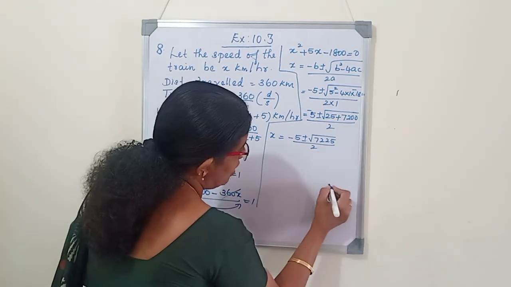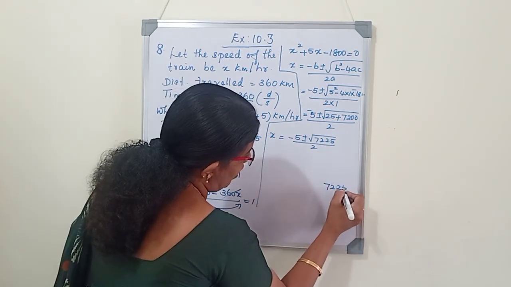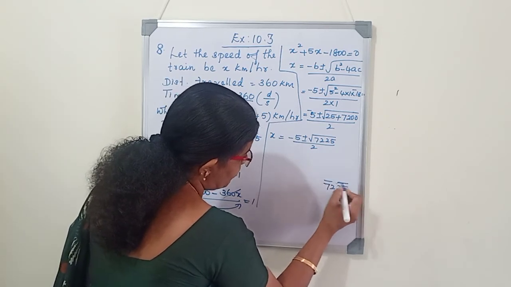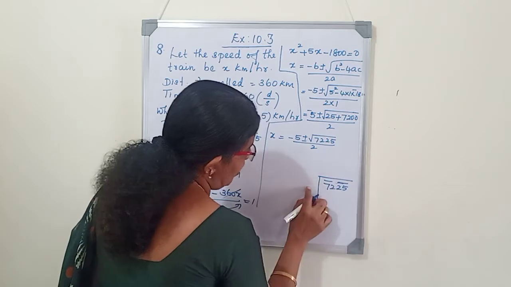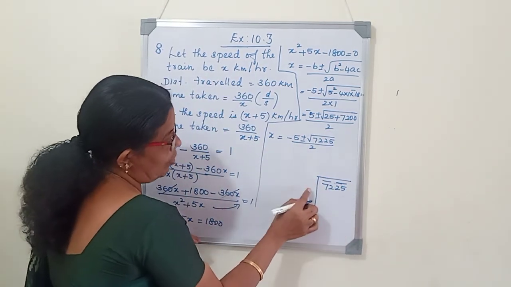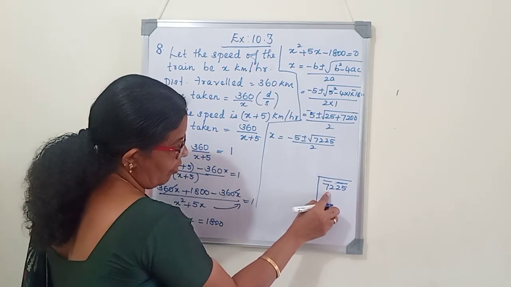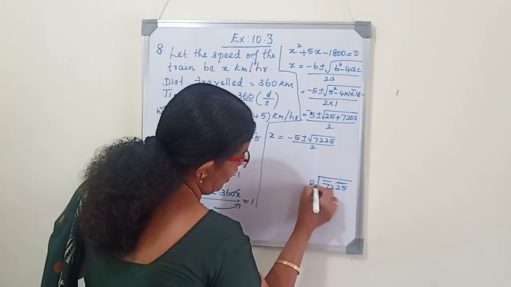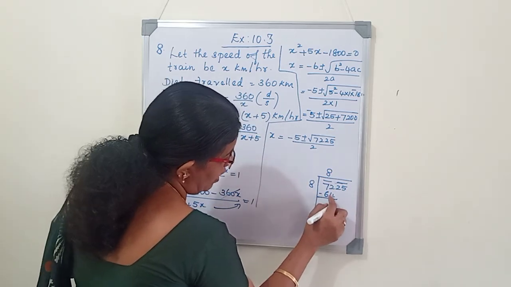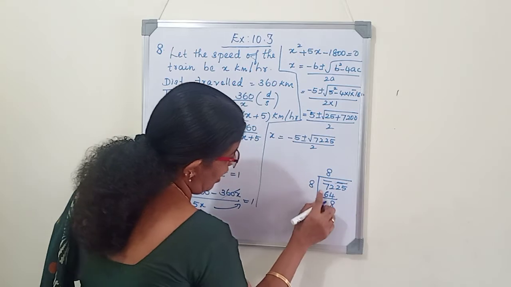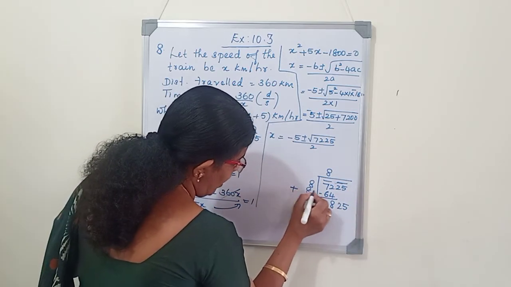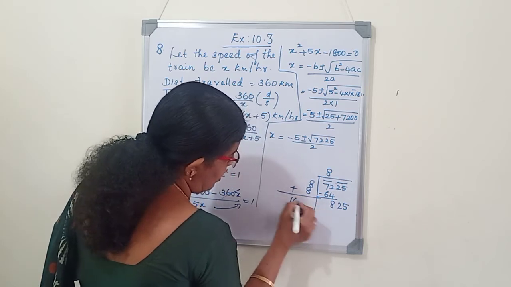We'll find the square root in the same method. 7225 we will write. We'll group from the unit place, 2 numbers in each group. Now which number can we write so that the product will be either 72 or less than 72? 8 8s are 64, 9 9s are 81. So we'll write 8. 8 8s are 64. We'll subtract, 72 minus 64, it is 8. Bring the next group as it is. Plus we will add 8, 8 plus 8 is 16.